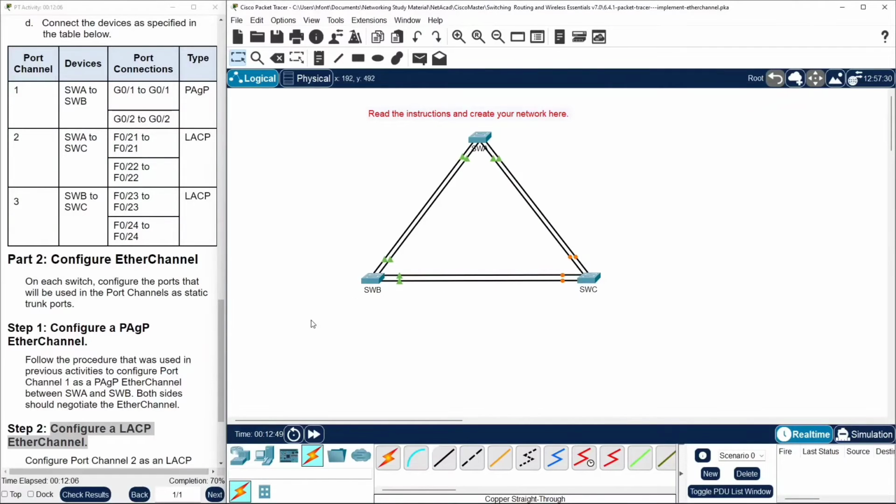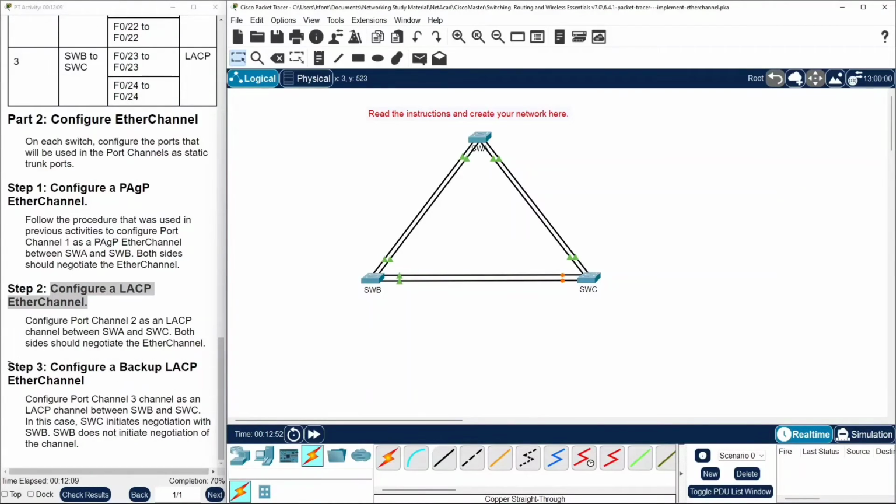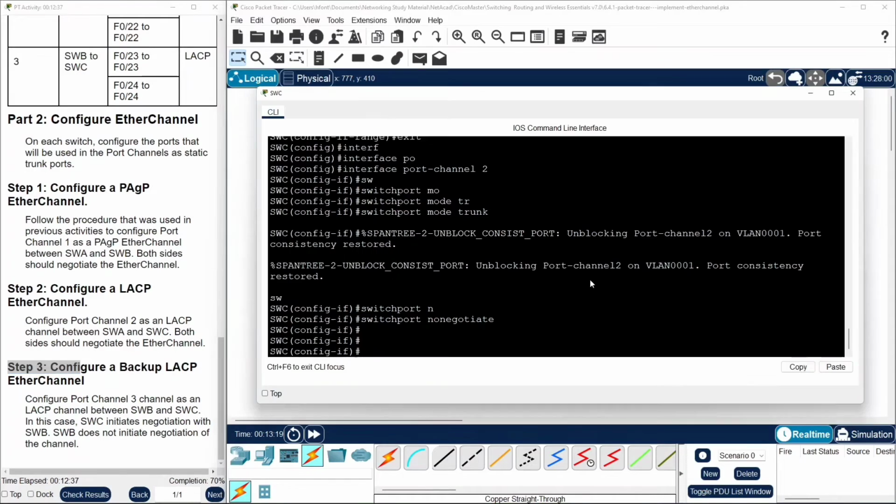Now we have to go to the final step, which is configuring a backup LACP EtherChannel. But this time, switch C is the one initiating negotiation with B, and B should not initiate negotiation. So C is the one that's going to be negotiating. Alright, so let's go into that configuration. So let me get out of this interface